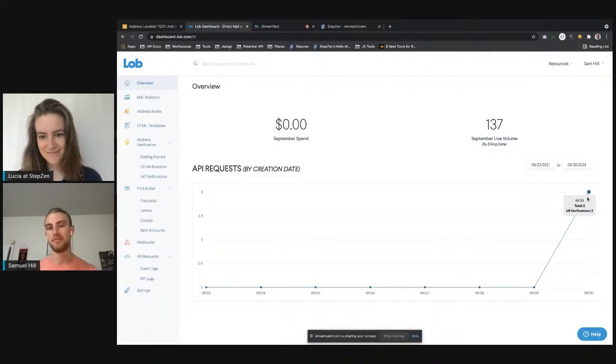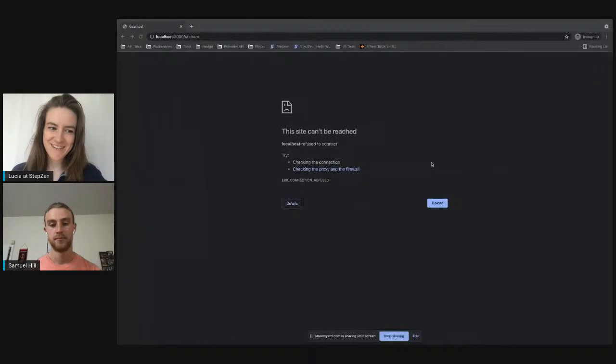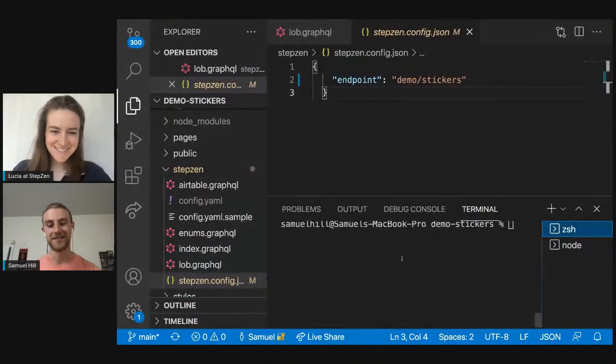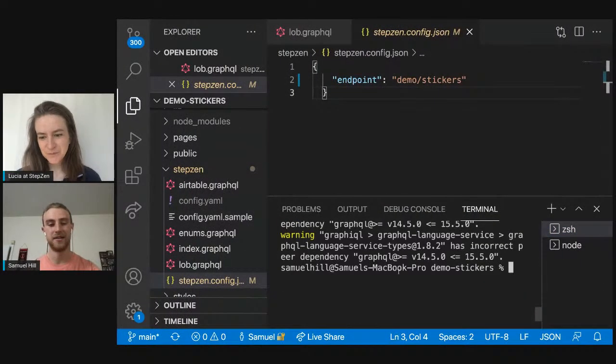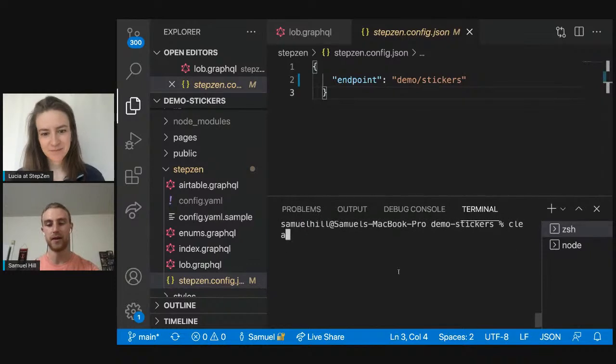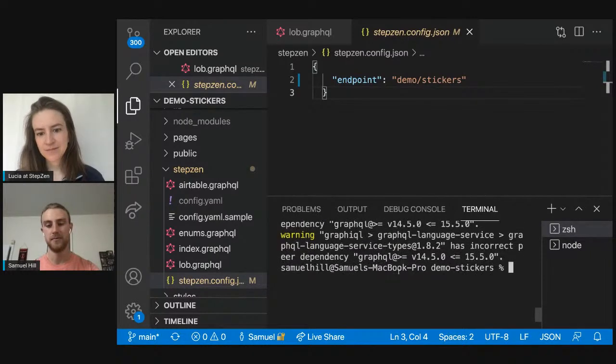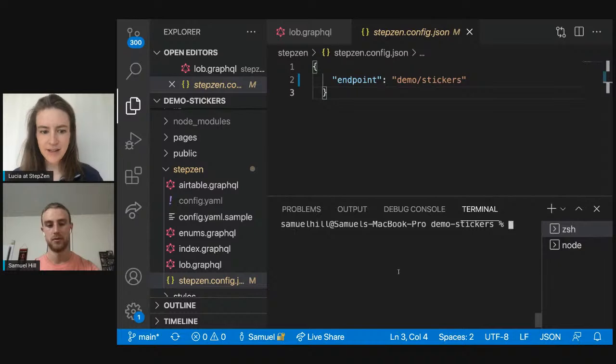So Lob's API, you can't do international testing unless you have an actual paid account. So in this case, we'll be just doing US verifications for that. And we'll just show the logic on how we wrote it out, but we won't be testing international today. But we are testing it in real life. Yes. Yeah. So, okay. Does that cover everything before I run this up again? Yeah. I think so far we've covered